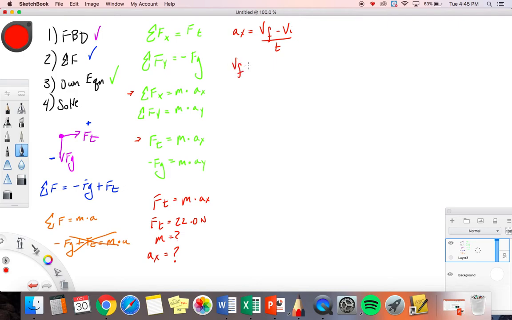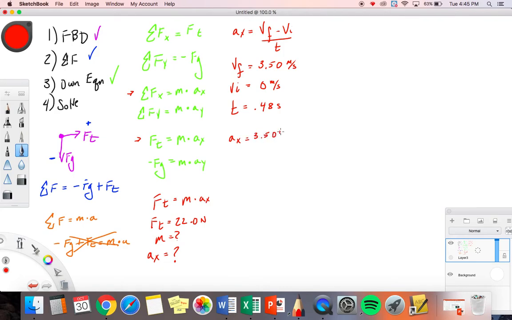Once again, knowns and unknowns. Velocity final should be 3.50 meters per second. The velocity initial is 0 meters per second. And the time is equal to 0.48 seconds. Now I have an acceleration problem. Easy enough, not too bad. I don't have to rearrange. There's no Vf, there's no Vi. I just plug in. So acceleration in the x is equal to